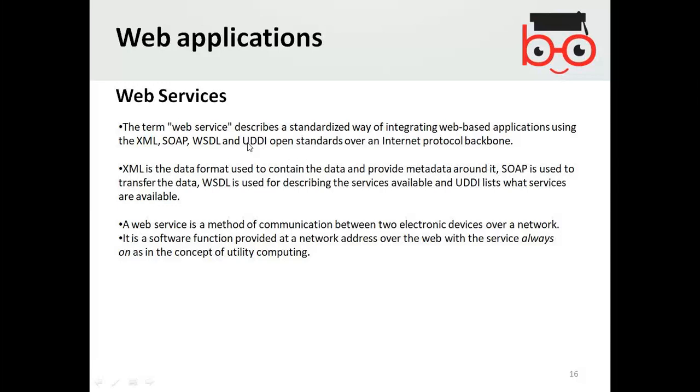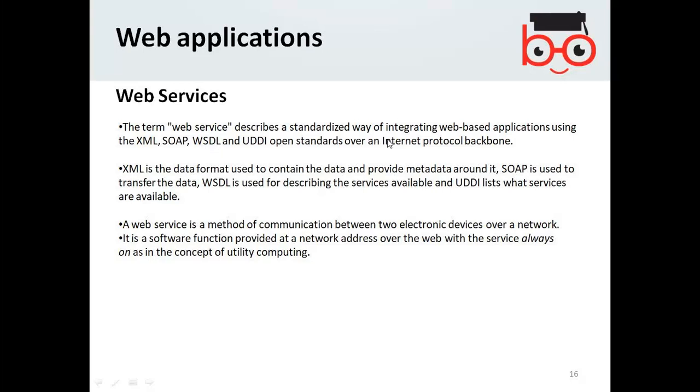The list of services is probably stored at a central location like a UDDI, Universal Description Directory Integration, and the descriptions of the services are stored by WSDL, Web Service Description Language.